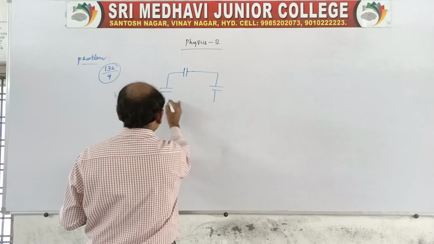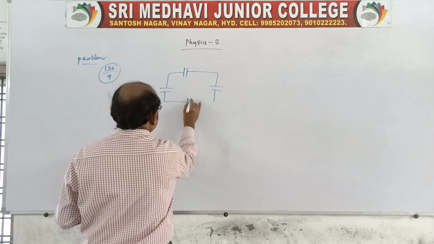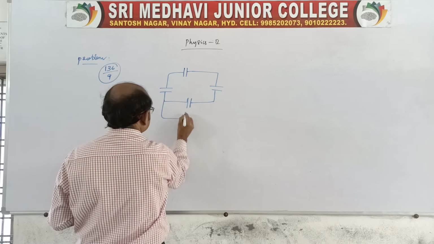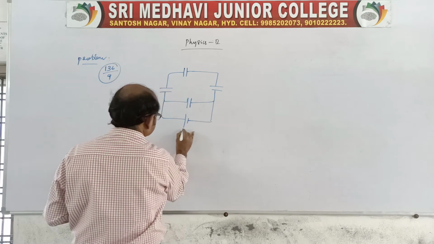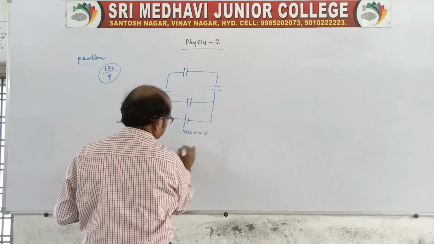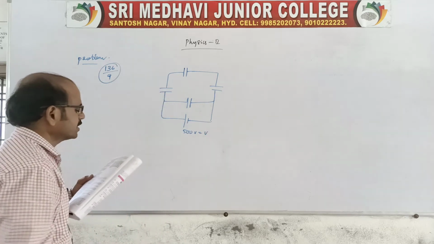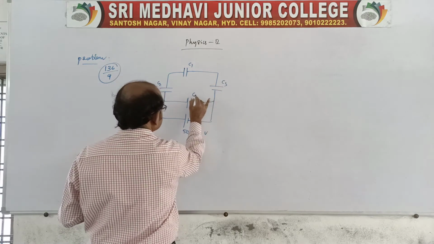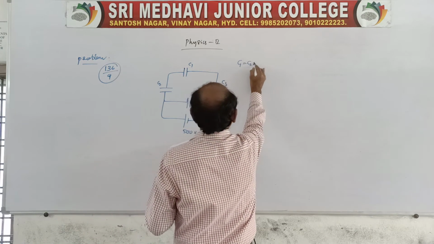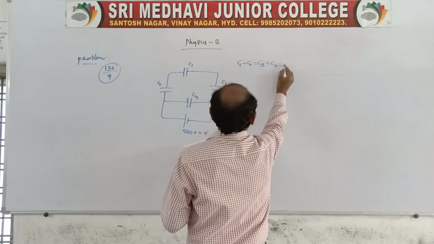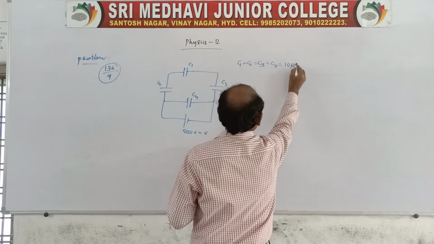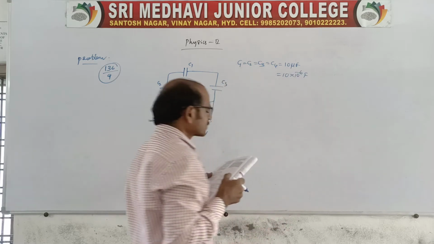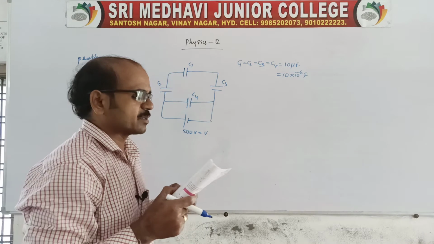You draw a diagram and it is to be connected to the other plate of the capacitors, and this combination is connected to the 500 V supply. So this is the combination given, and each one is given as C1, C2, C3 and C4, and each is, I think, 10 microfarad, so 10 into 10 power minus 6 farad as shown in the figure. Then find the equivalent capacitance of the network.